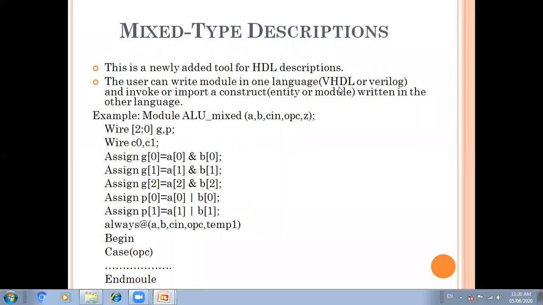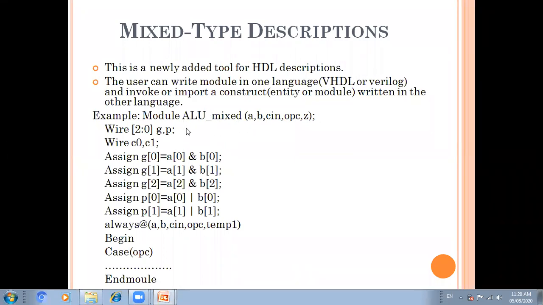That is a combination of VHDL and Verilog, right? Suppose we are writing the module with Verilog, and we invoke or import a construct. If you have to use any construct, you can write it as an entity in the other language. Okay, so for example, module ALU_mix with all the inputs and outputs.